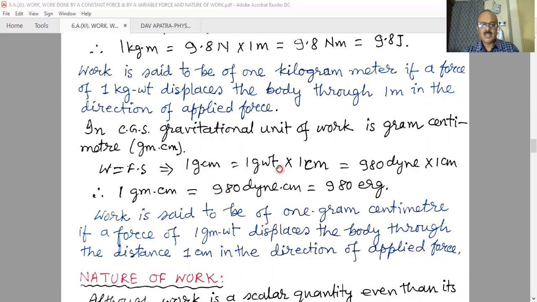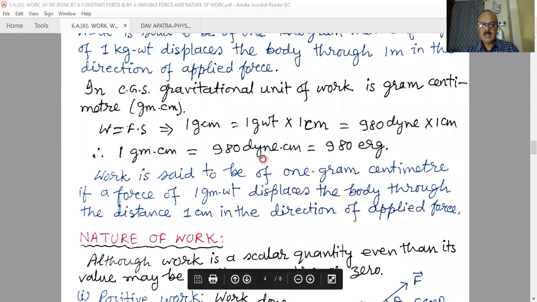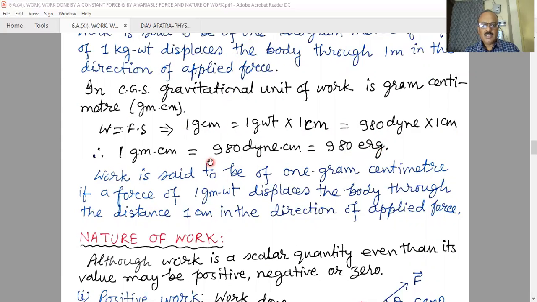Gram centimeter, obviously, is a gram weight into 1 centimeter, and 1 gram weight, you know, is 980 dyne. So 1 gram centimeter is nothing but 980 dyne into centimeter, that is 980 erg. So work is said to be 1 gram